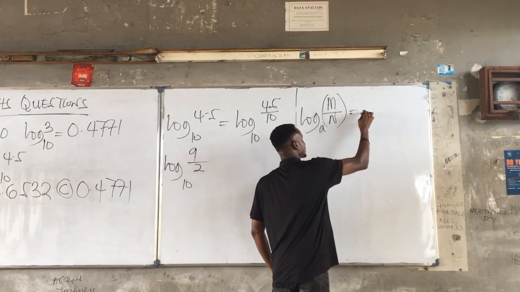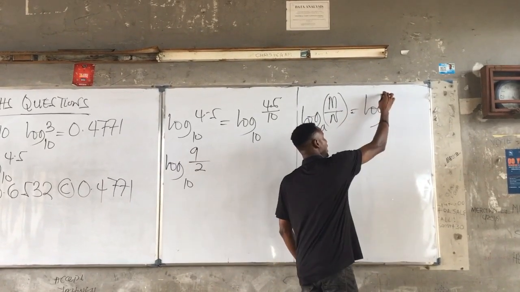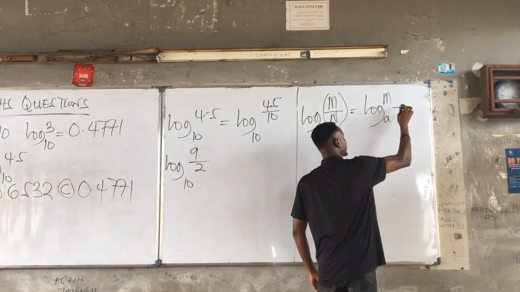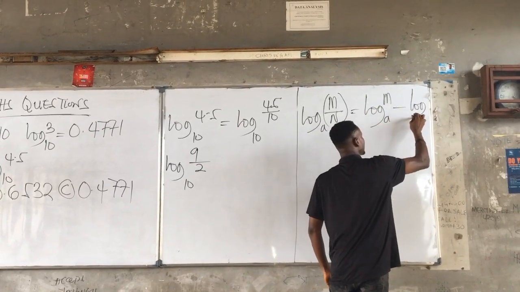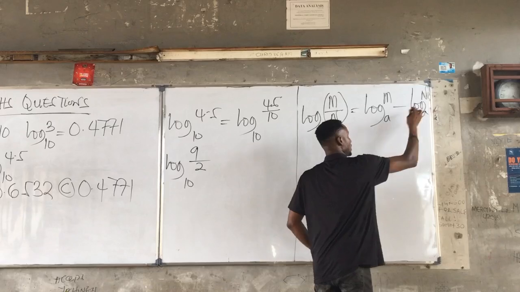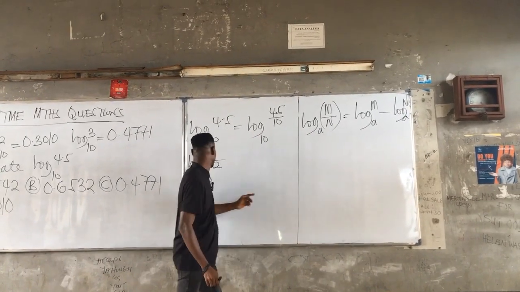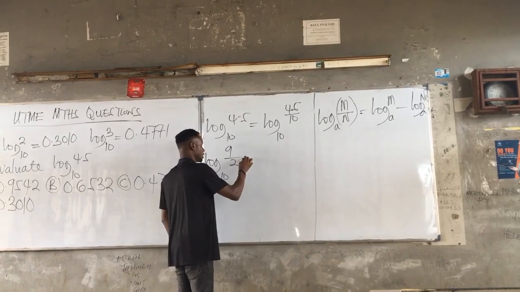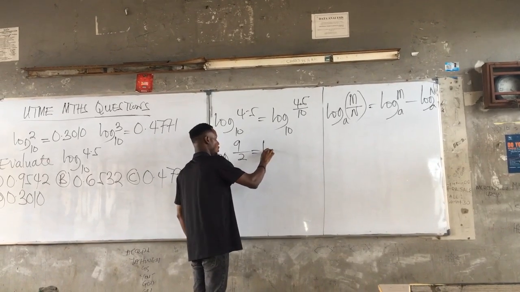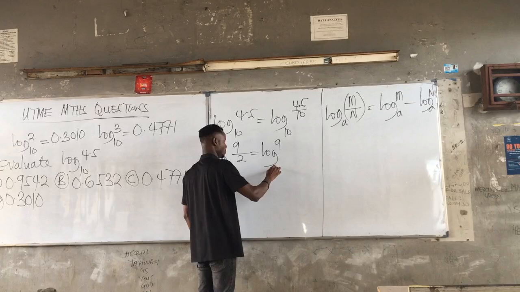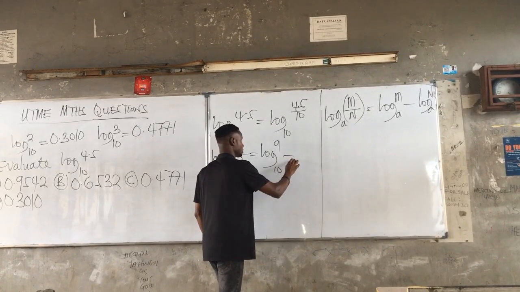From the law, this is the same thing as log of m base a minus what? Log of what? n base what? a. Do you get that? So apply the same scenario here. This is looking like this. So this is the same thing as log of 9 base 10 minus what? Log of